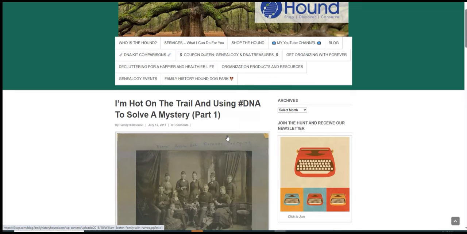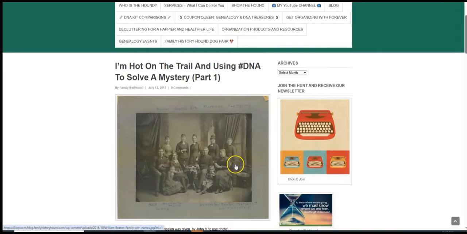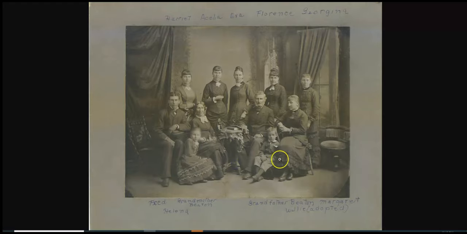And he, in the last court document that I could find for him in Oxfordshire, he was saying that he was getting married on Monday and that he was going to immigrate. But I could never find him immigrating. And so I just wanted to show you that this little boy is Willie Beaton, who is my great-grandfather, and he was adopted. So anyways, that was kind of where I was stalled,